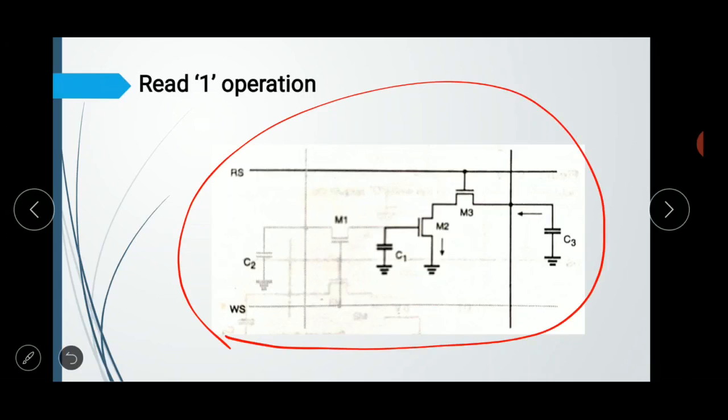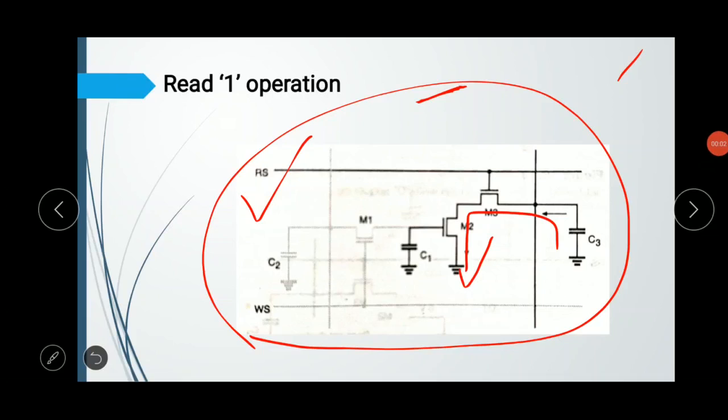So in the read 1 operation, the RS line is activated, because of that M3 is on, and during the write 1 operation C1 has a logic high level voltage, so because of that M2 is also turned on. And here C3 has high voltage, equal to VDD, from the pre-charge operation. So in the read 1 operation, what happened? C3 starts to discharge through this path,